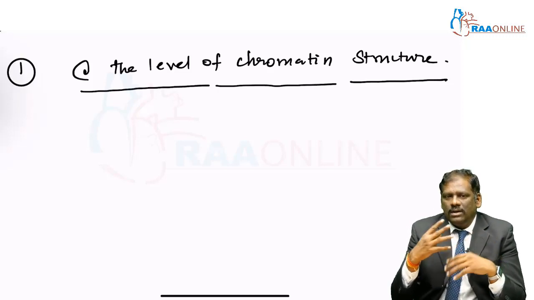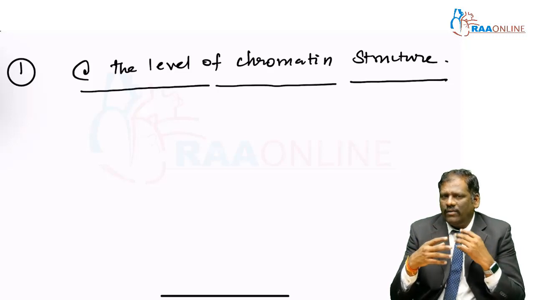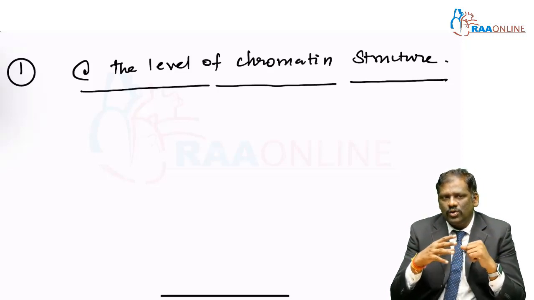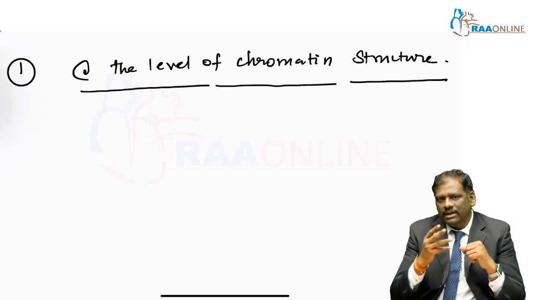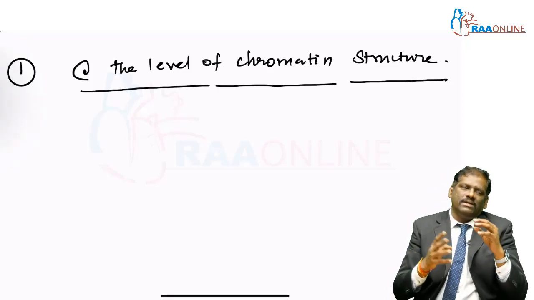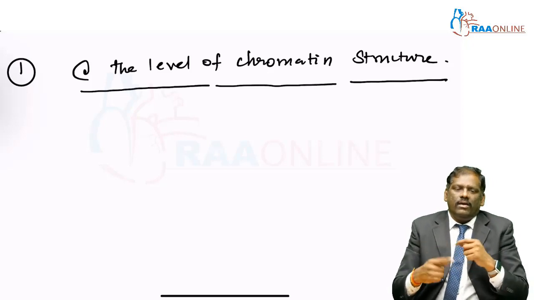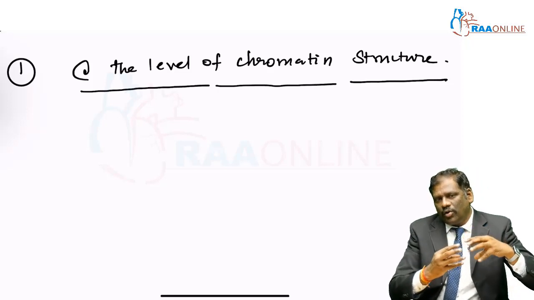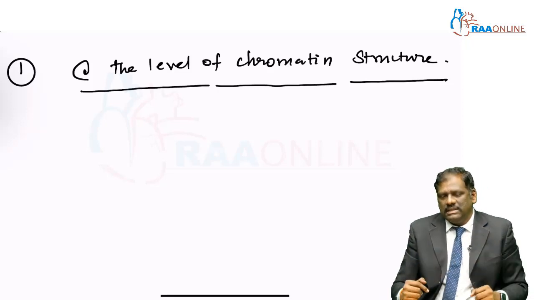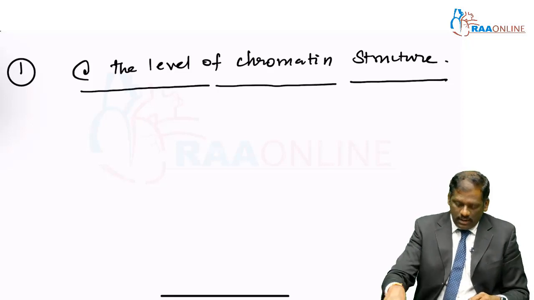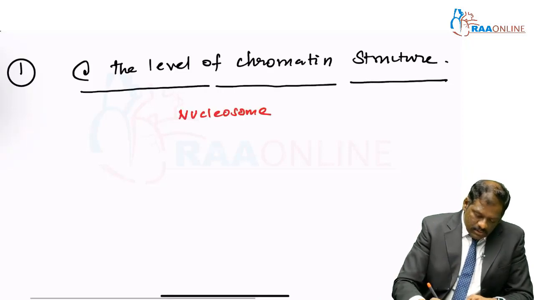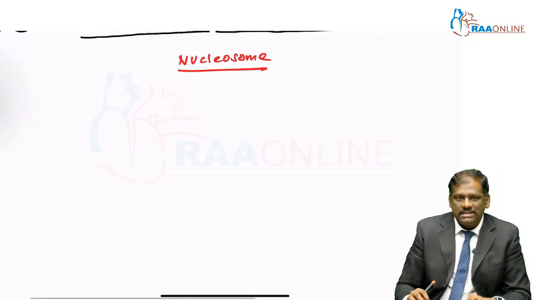So this chromatin is formed. How is it being formed? It is formed by the various kinds of nucleosomes. These nucleosomes form a 10 nanometer fibril, then they form a 30 nanometer fibril, and after that they get totally wound on a core protein to form a condensed chromatin structure. Now you need to understand this chromatin structure and the structure of the nucleosome. This is the basic unit of a chromatin structure.